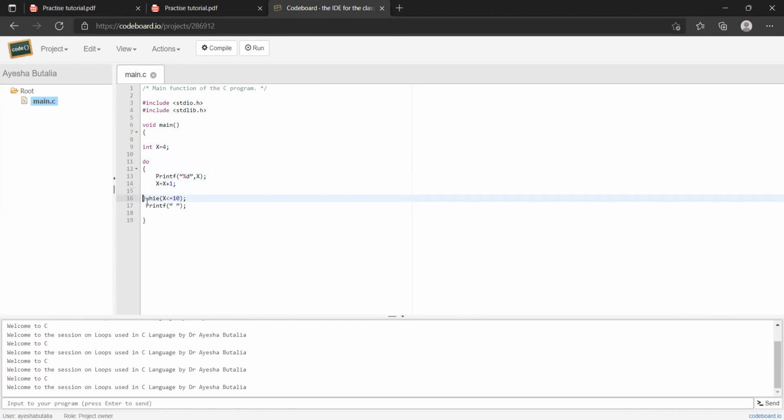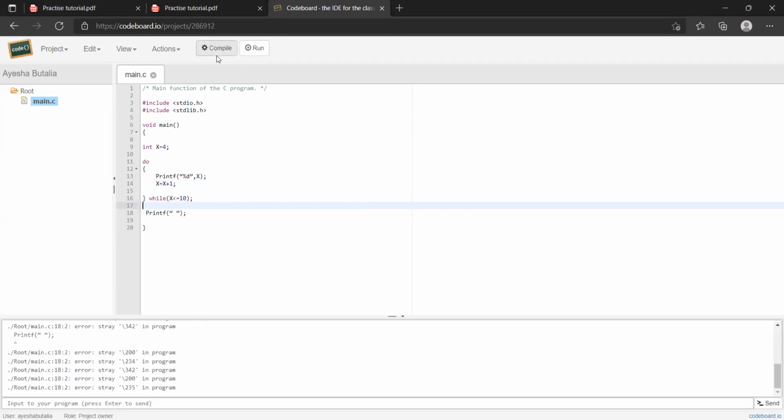This open and close brace should be in the same line. Of course, if it's not in the same line, it won't give you an error. But as I said, if it's good indentation, you will be easily able to locate the errors. That's it. So while example, let's see if you are lucky to run without errors. No. So what is the problem? Again, these quotes, same thing, because I copy pasted from the tutorial.